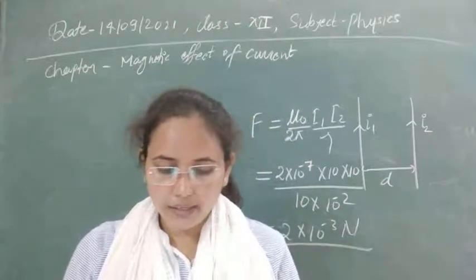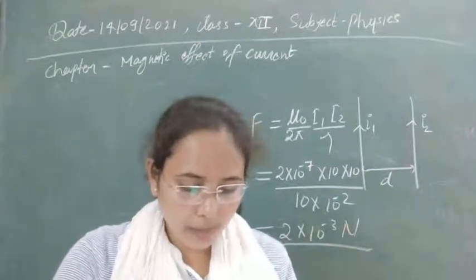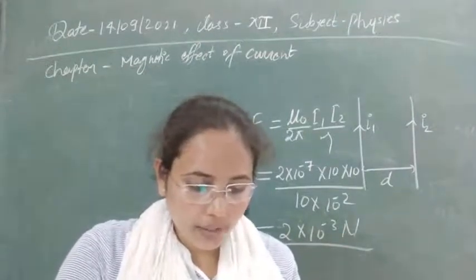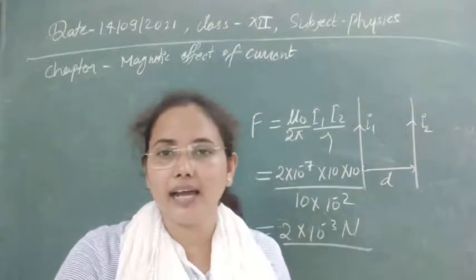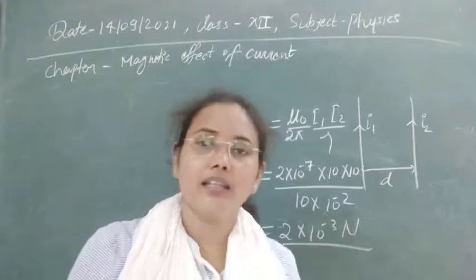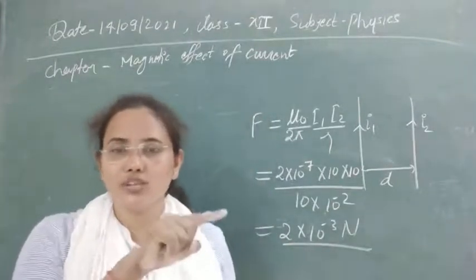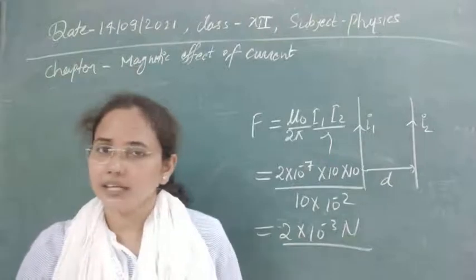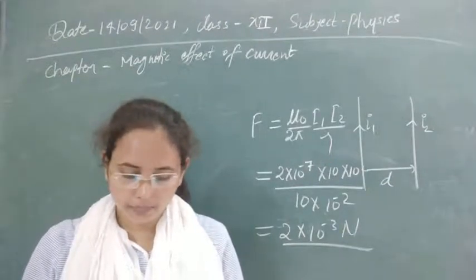So you know, whenever we have a hollow conducting pipe, it behaves like a conductor. Inside, as there is no charge present, the current is only on the outside, and that's why the magnetic field will be produced only outside of the pipe.